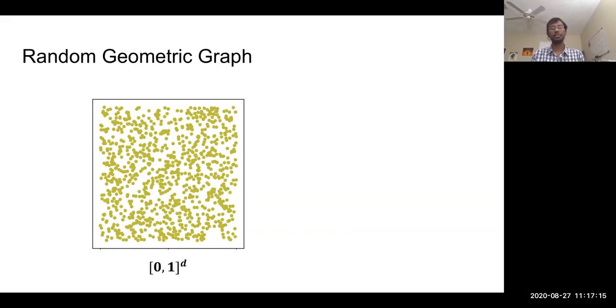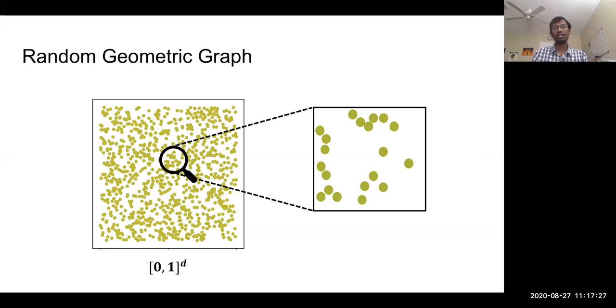And this is due to a topology called the random geometric graph. This is the same picture as before. You have a hypercube, and you have drawn points randomly. The way we would construct a random geometric graph is, for each point, we first consider a ball of a certain radius r around the point, and r is just a parameter of the algorithm. The node is going to connect to every other node that falls within this ball. And if the radius parameter is not too large, then the degree of each node is also not going to be large, and we are okay.